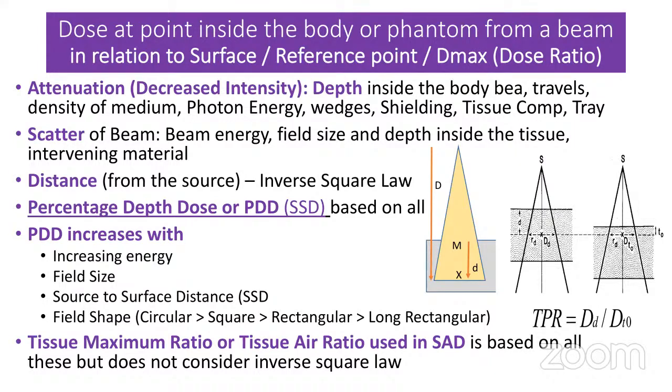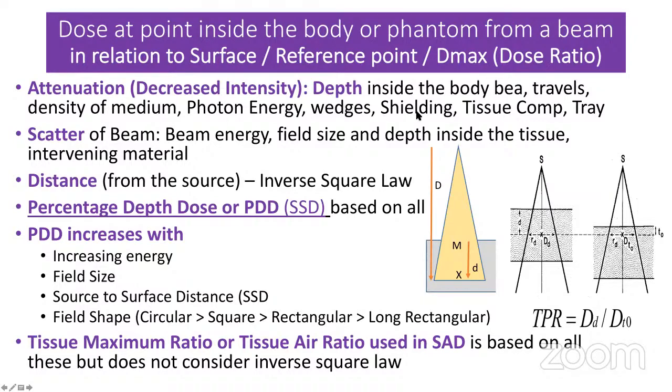And as compared to the original beam, it is attenuated. So the attenuation will depend upon the depth inside the body, how much of the body the beam travels. The depth inside the body that the beam has traveled, the density of the medium through which it has traveled, what is the photon energy, and then if you have used any material before it enters the body, which could